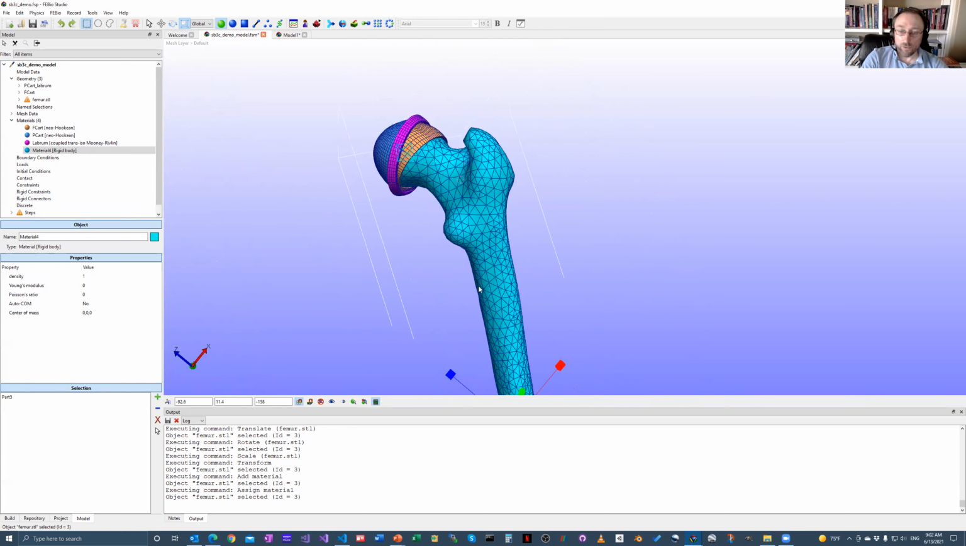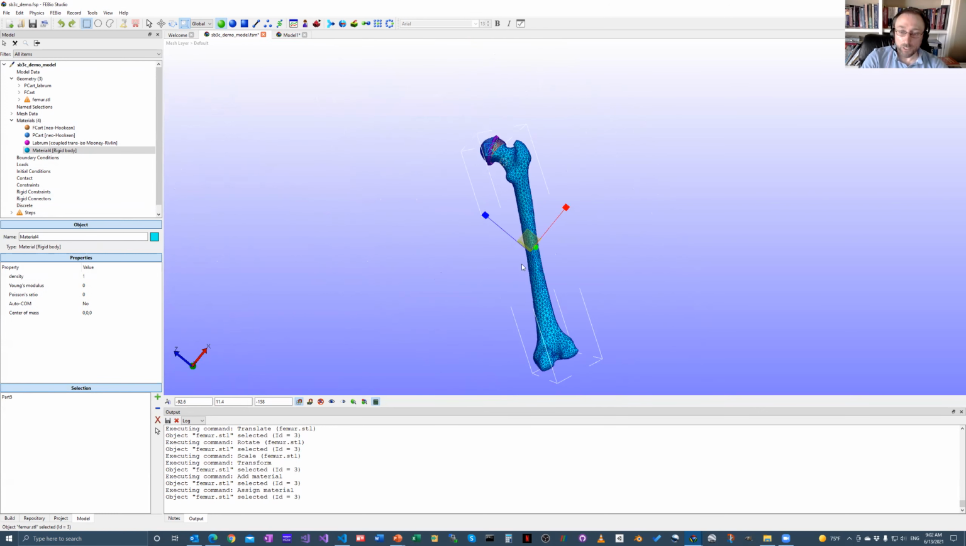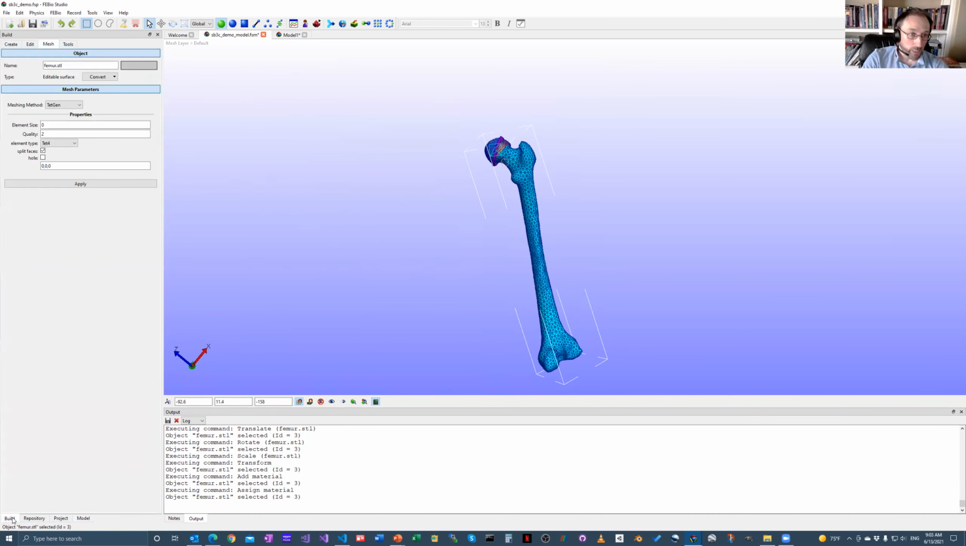So the size of this femur is a little big. It kind of dominates our model here. So what I want to do is cut off a part of this femur here so that we're not too distracted by the size of this femur. So let's do that first. So we go back to our build panel,